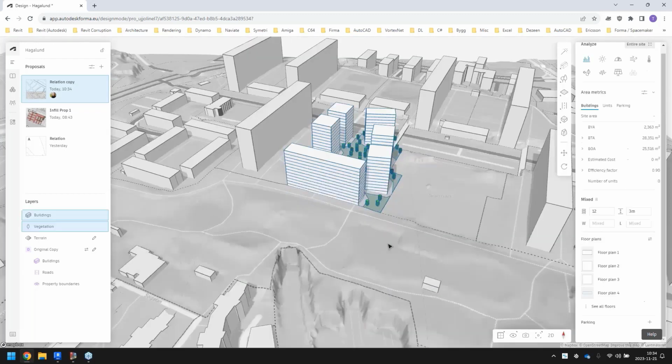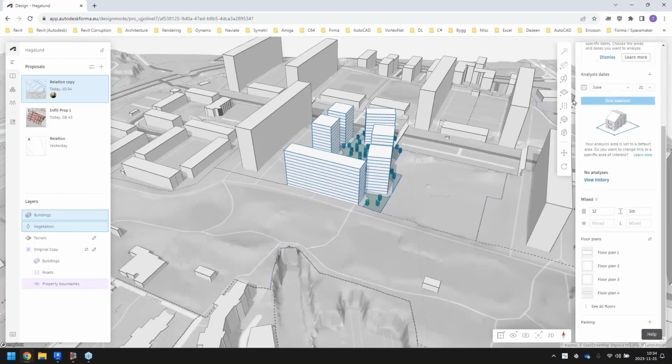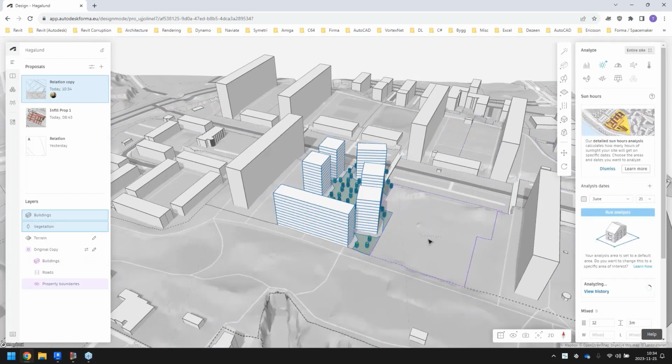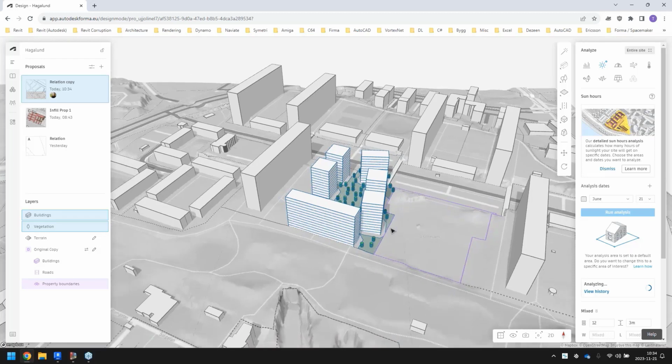Let's leave that one. I just press enter, and I can just straight away go in and let's run an analyzing for this area right now and see what happens. And once again, I'm not doing what I'm supposed to do. I'm supposed to create a site limit and just study the area that I'm looking at, but now it will analyze the entire Solna again. While that one is running,